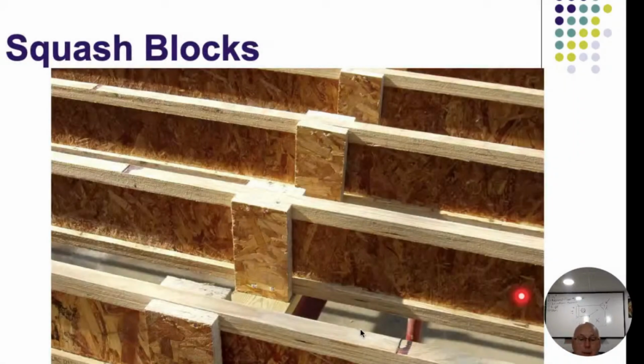These are squash blocks. They're using the same OSB wood, and that's fine, as what they have on the outside. Below these squash blocks, we have a beam underneath there. Above it, we're going to have a load-bearing wall above that. Because it's a beam underneath and a load-bearing wall above, that's that pinch point that I was talking about, because